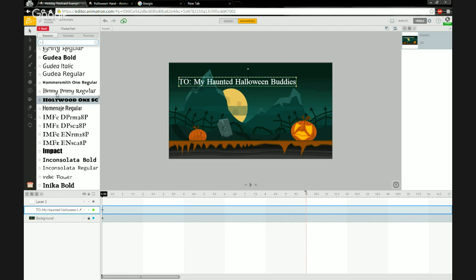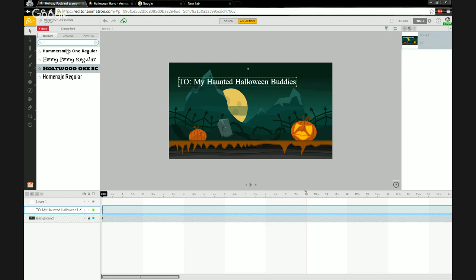So right here, we see Henny Penny Regular. That looks pretty cool. So I can type in H, and it will give me every font name that starts with an H. So this is a really quick way of locating certain letter-based fonts that you'd like to use. So again, click on it, click off of it, click on again. So this looks pretty whimsical and in the holiday spirit. So I'll use this, Henny